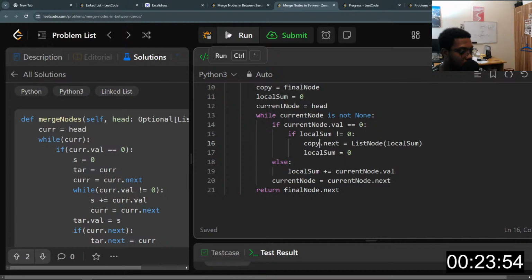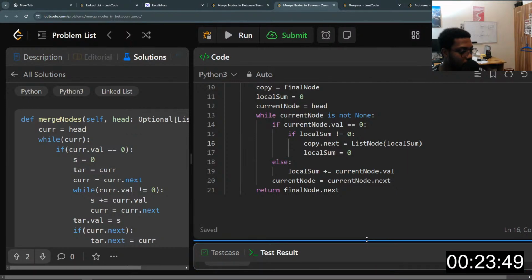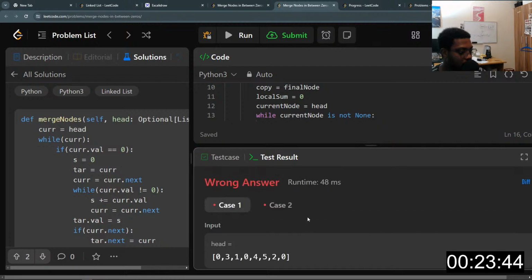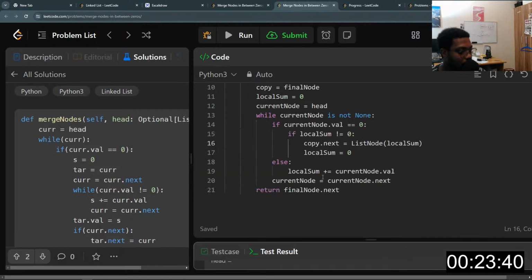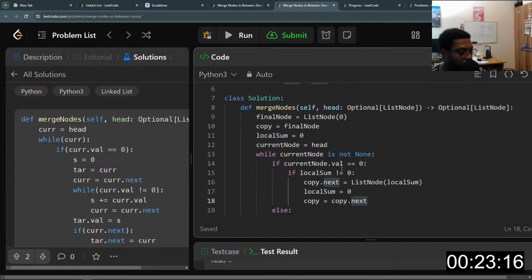Let's see. So this would change every time, but I still need to set the copy to a new copy. But I'm sure this should work. What's happened? Yes. Oh, sorry. So this copy is here, but then copy should reset every time. So copy node dot next. So copy is going to be copy dot next, right? So with this,